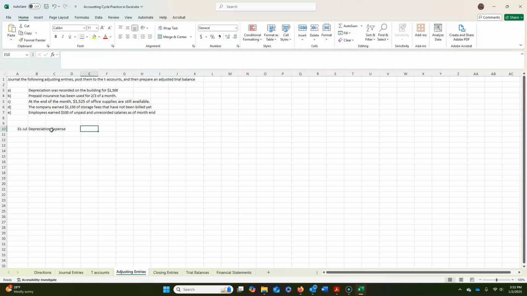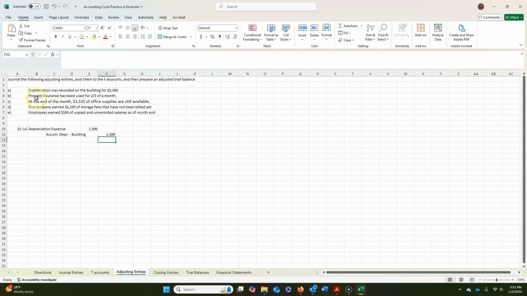So a debit for $1,500. And then the credit for that is in an account called accumulated depreciation. And then we often identify what that accumulated depreciation is for. This type of account is called a contra asset account. It's called a contra account because it reduces the corresponding account. So this is depreciation on our building for